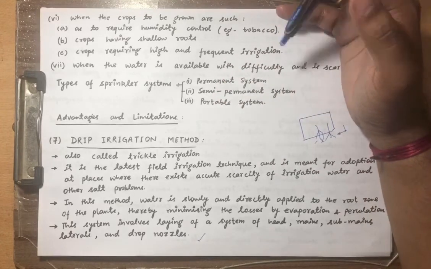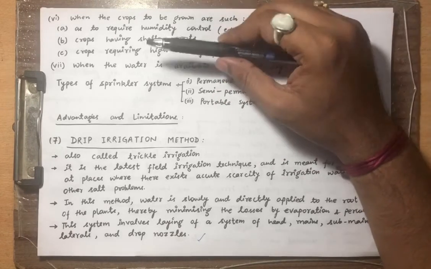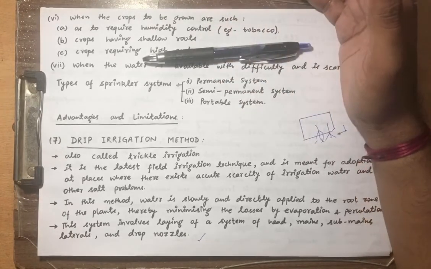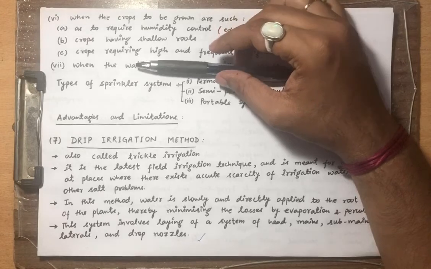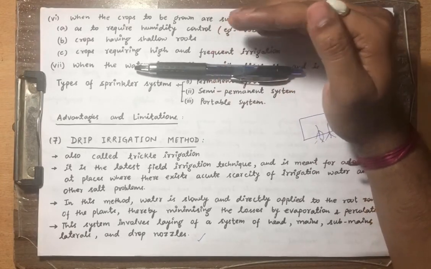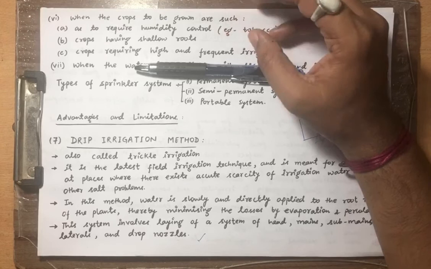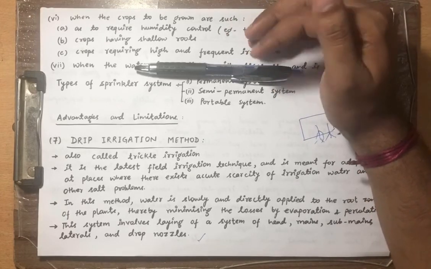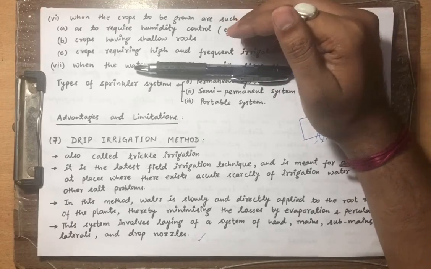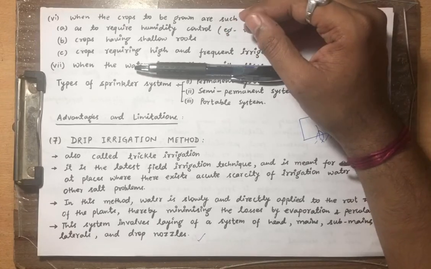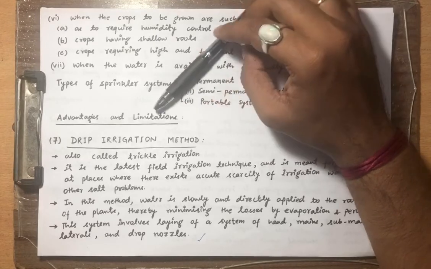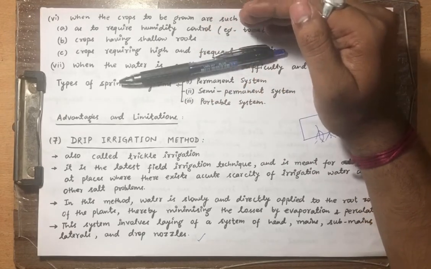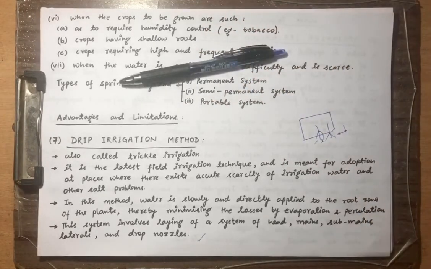These advanced systems are popular in developed countries, like European countries or the United States of America. People there are using them widely because they can afford these kinds of methods. So this was all about the methods and techniques of water application. We have discussed 7 types of methods in which water can be applied to the farms.